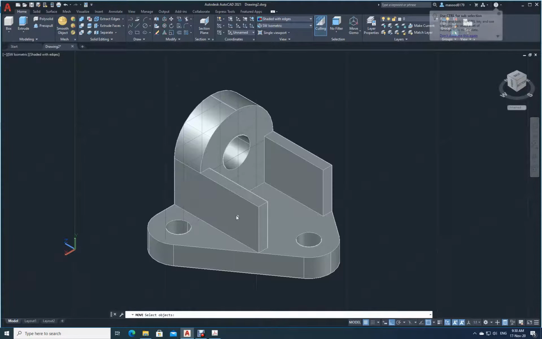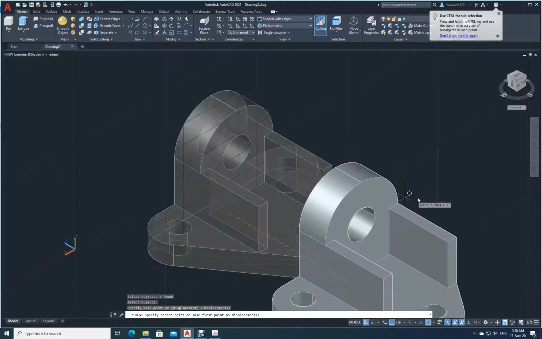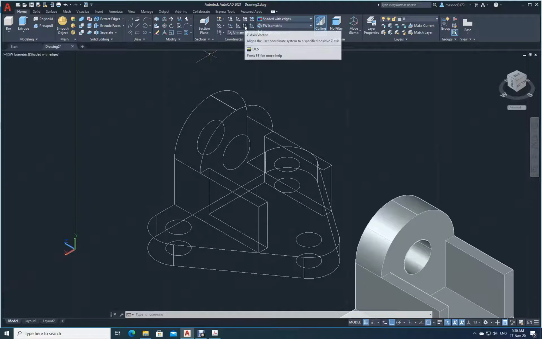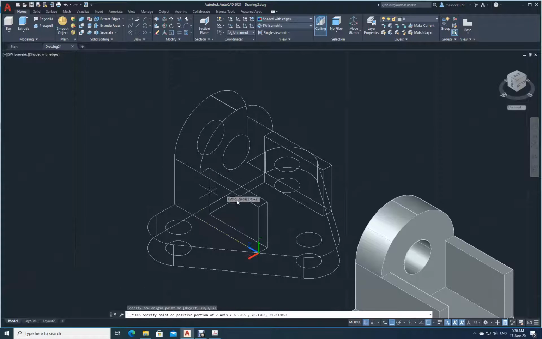Now move this body completely. Click here. Move out here. All the edges are there. So now what I need to do now, I will just draw a line here. Okay, so the Z direction is here because I want to draw a line here like this, cut and remove this portion. I will change the direction of the Z axis. See, I'll just come over here, fix like this. I will keep it this way.